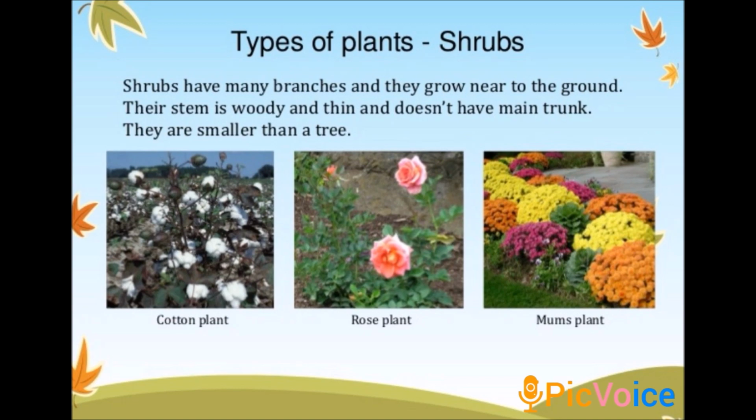They do not have a main trunk. Trunks are usually present only in trees. It will be very huge. You would have seen the large trunks. If you go and hug one, you can't even cover the whole tree. So much big it will be. But if you see these shrubs and herbs, they are very small. So that is what they are, smaller than trees. That is what they have said here. Now you can see all the images in the photo.